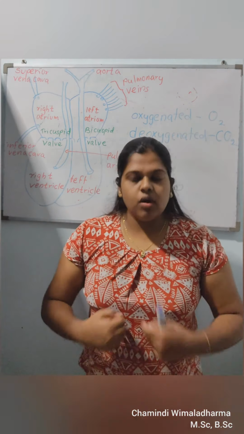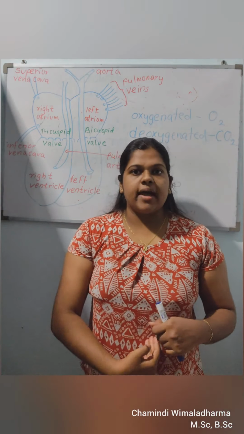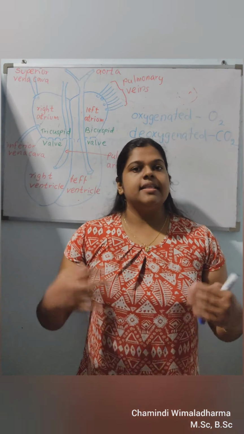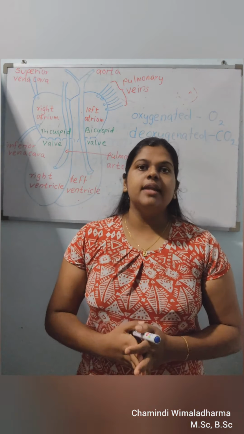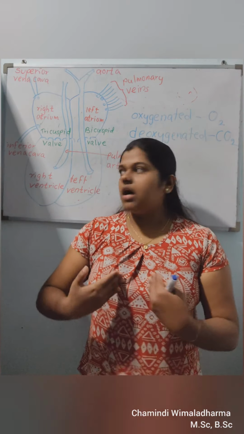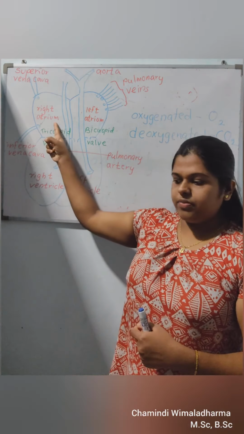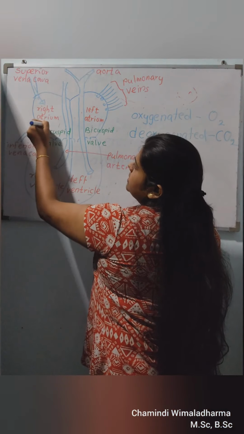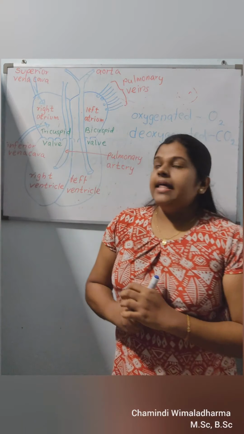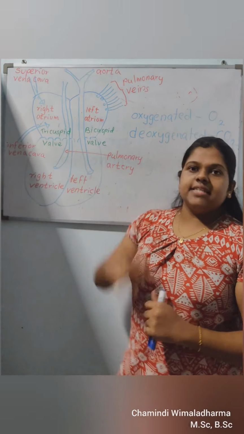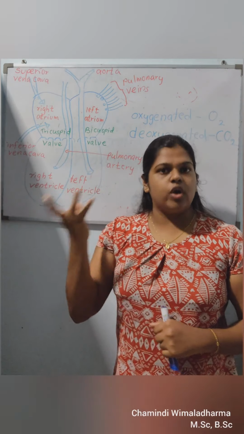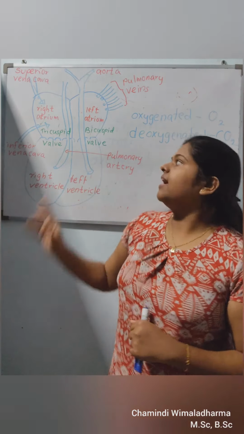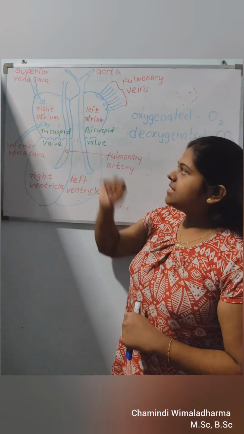Then there are some organs below our heart also: our legs, liver, stomach, ureters. From those parts, the impure blood, that means the deoxygenated blood, is taken to our heart through the inferior vena cava. So the blood comes through one, the superior vena cava, and the other, the inferior vena cava. Then this blood is collected inside the right atrium. The right atrium has a certain volume to hold this blood.